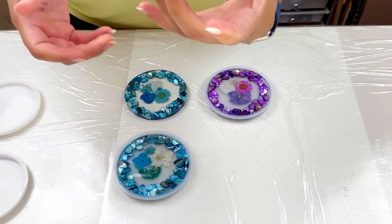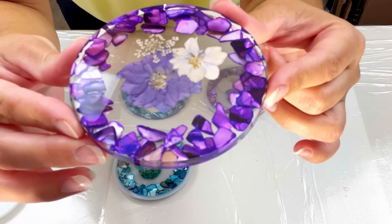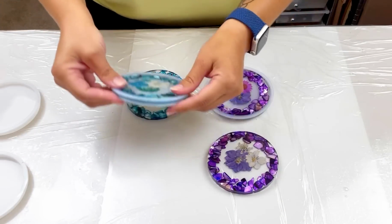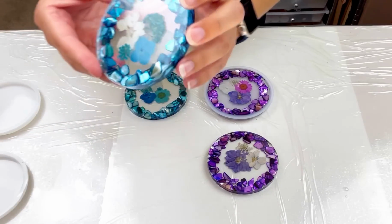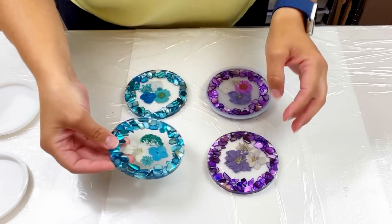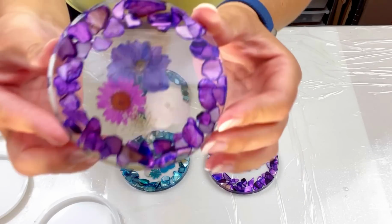Wow. Look how perfect it is. I love it. I really like these. These stones from Lolivefe are super cool. All right, next. Super happy with these. I want to try all colors now. And last but not least,